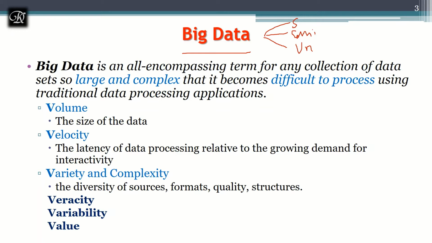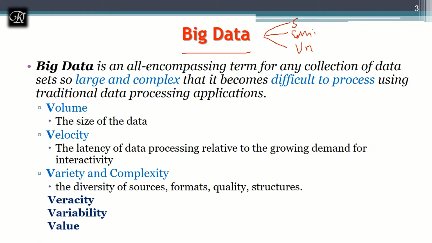Processing structured data is very easy. We have already seen with the RDBMS, we have many tools from different companies like MySQL, Microsoft SQL, Oracle, many tools like that, RDBMS tools. But when it comes to semi-structured and unstructured, around 90% of the data in the world belongs to the category of semi-structured and unstructured, and structured data is hardly 10% of the data.